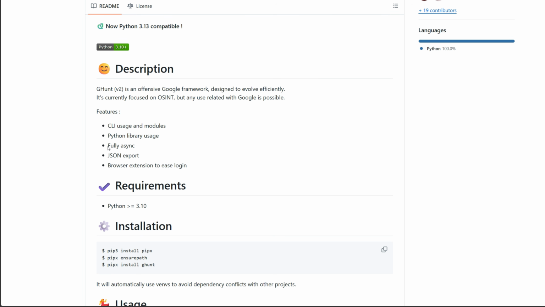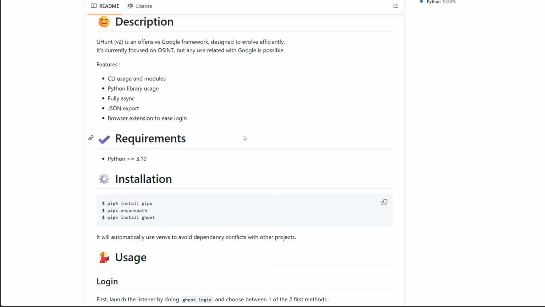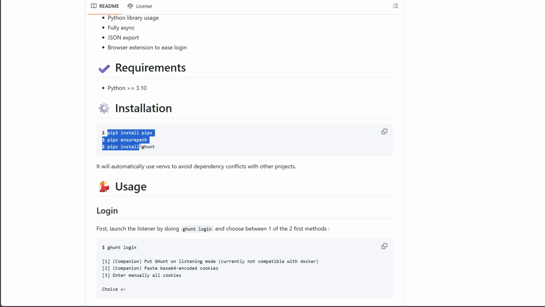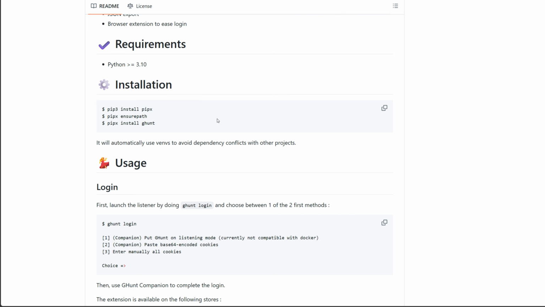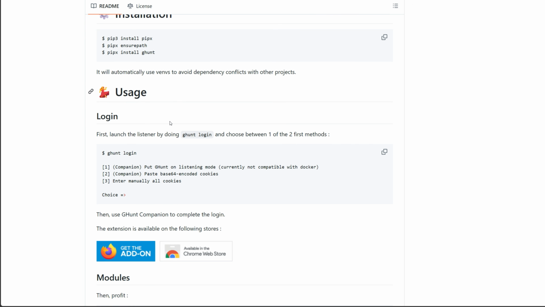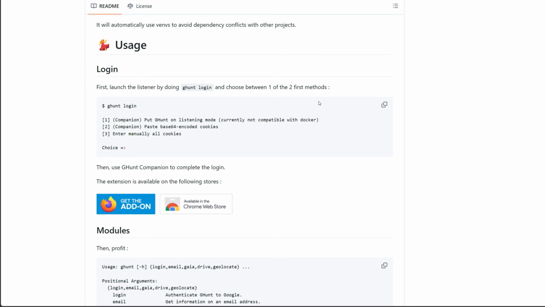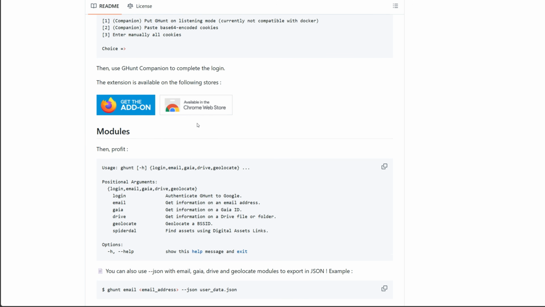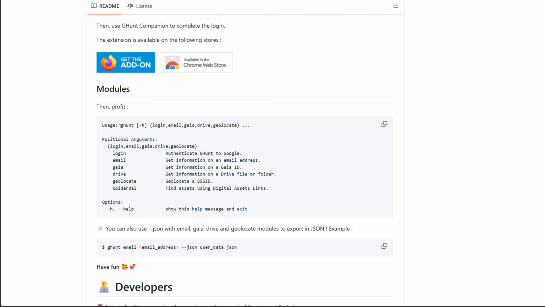The geolocation angle specifically comes through Google Maps, because Google Maps contributions, photo uploads, reviews, and activity are often publicly linked to accounts in ways users don't actively manage. If someone has reviewed a restaurant, uploaded a photo to Maps, or contributed location data to Google through any of its services, and their Google account is in any way associated with identifiable information, GHunt can surface those contributions. What that builds is a location history derived entirely from things the person did deliberately, but probably didn't think of